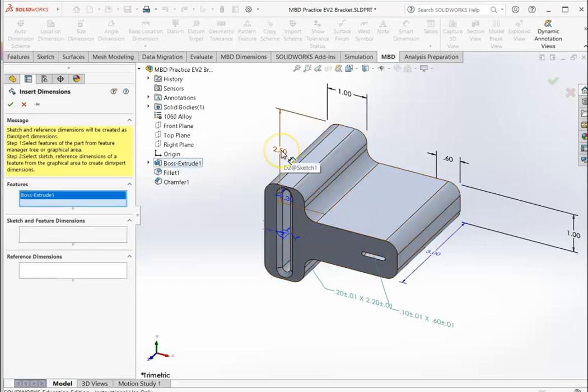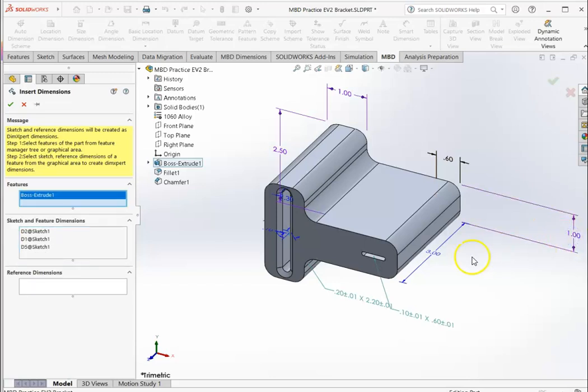And we will then select the dimensions that we want to transfer over as MBD dimensions. Let's do the 2.5, the 1.0, maybe this 1.0, and maybe this 3. So we have those 4 dimensions. We now click the OK button,